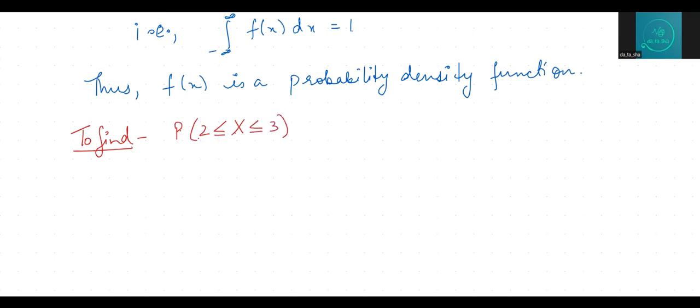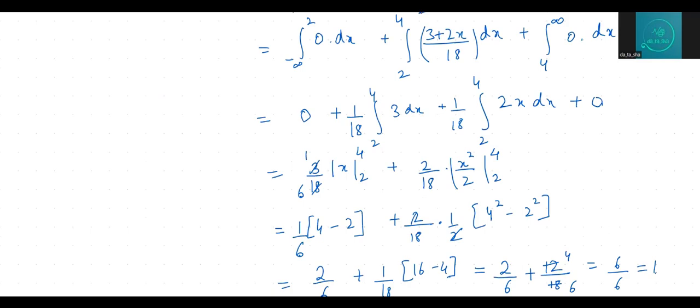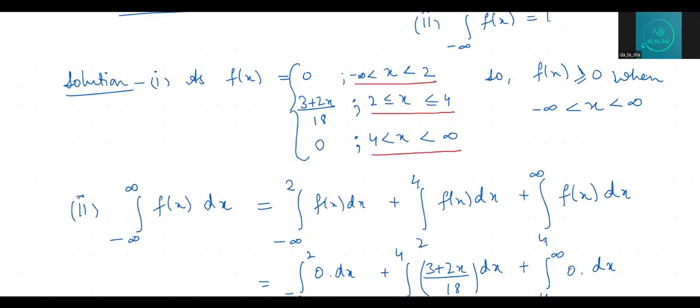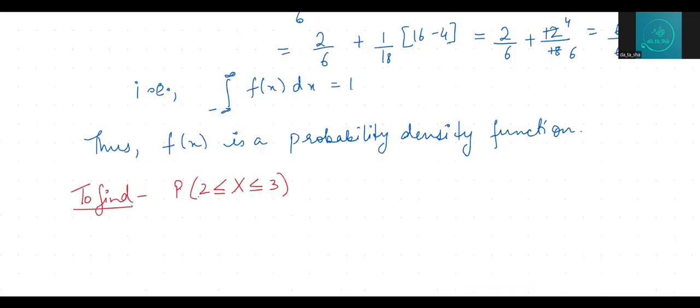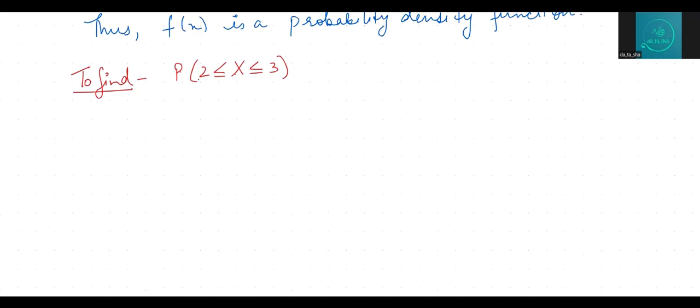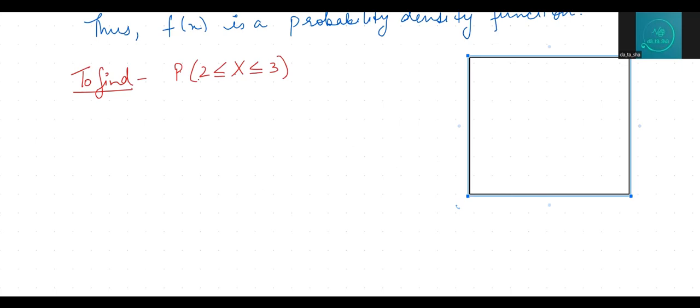One thing that we need to understand here is, whenever we are talking about continuous probability distributions, about the continuous random variable, you need to understand that P of